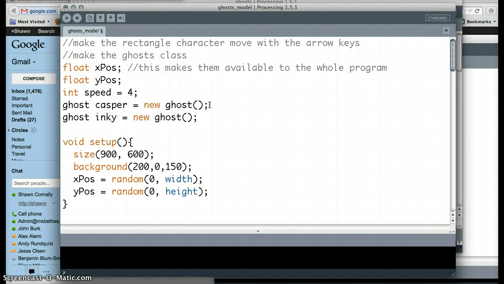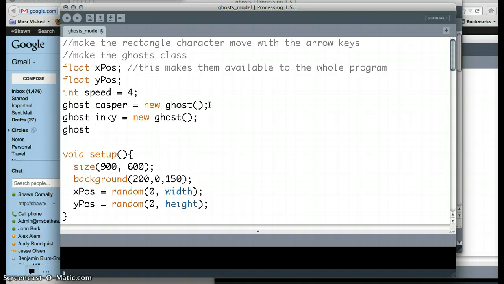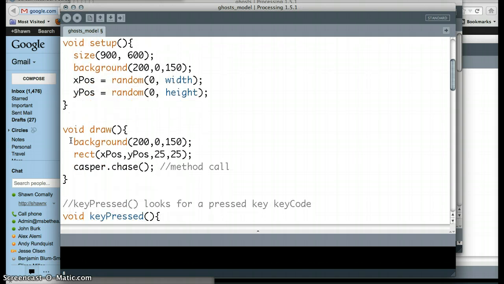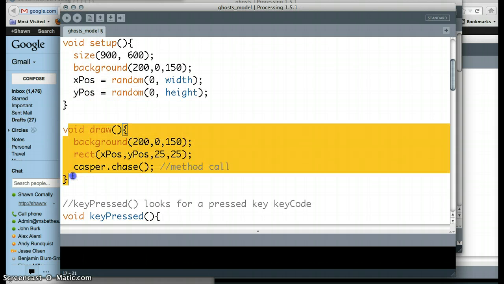So right there, I've created a second ghost. And I can create a third ghost. I can create as many ghosts as I want, and then use those objects. So Ghost is the class, Waffles is the object name. Okay, so now we have three ghosts, and then down here in the draw function, which is the function that